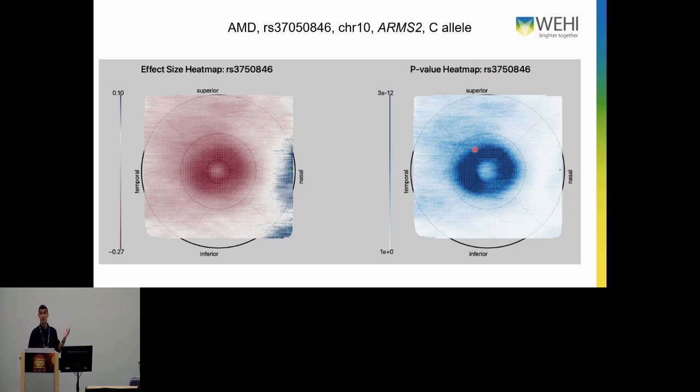And this is an effect that was completely new. It was never observed before. We know that this SNP is a risk for this disease, but we never observed that it had this particular spatial pattern. One thing that I should mention about this, which I forgot to mention at the beginning, is that we